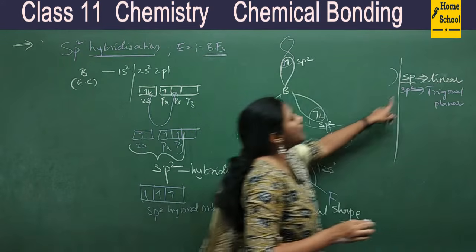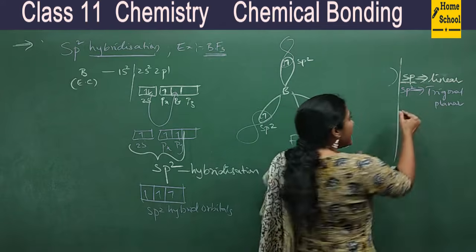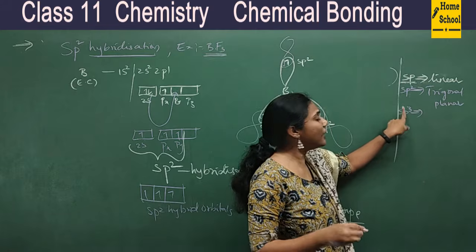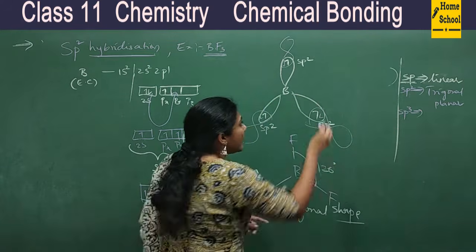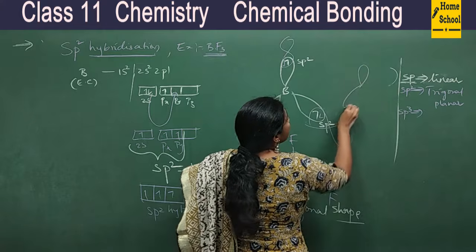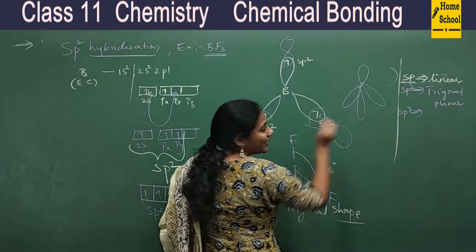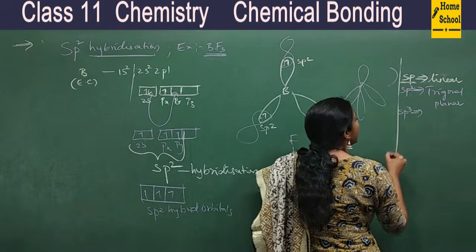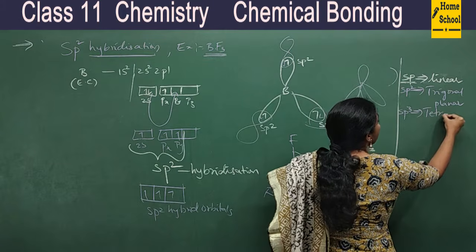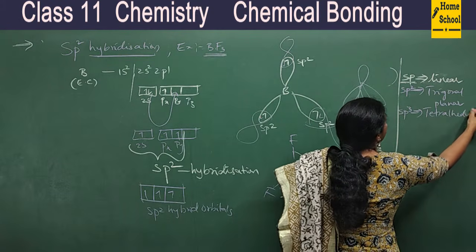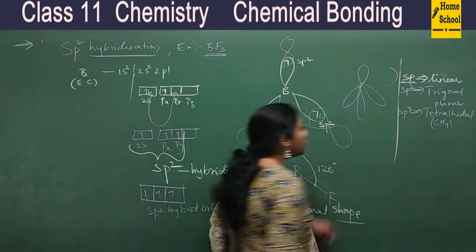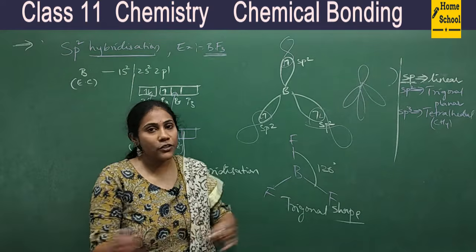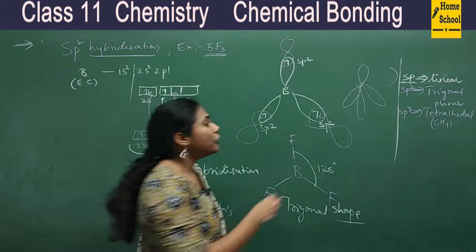Okay, so this is how you have different types of hybridization. If one s orbital and 3 p orbitals intermix, then we call it sp3 hybridization. That means how many hybrid orbitals are there here? 4. So if 4 hybrid orbitals are there, they orient themselves in the shape of a tetrahedron. So whichever molecule has sp3 hybridization, the shape of that molecule is tetrahedral. The best example is CH4. Now you can try the hybridization of CH3 yourself. Okay, so this can be homework for you.